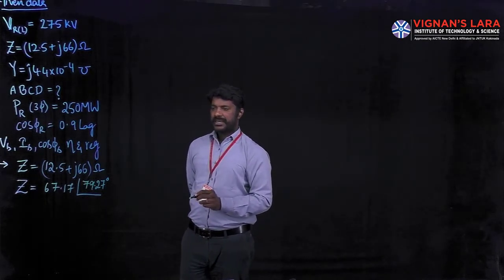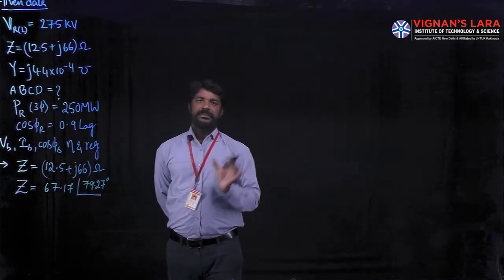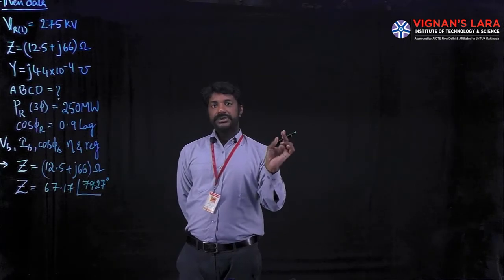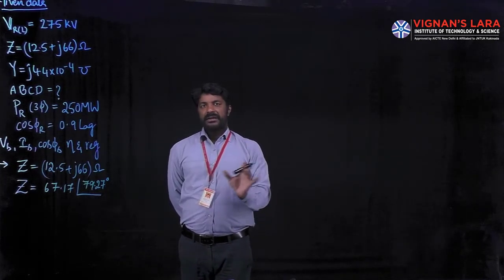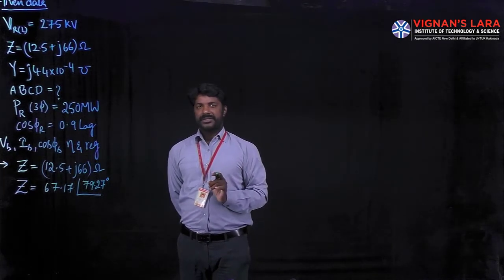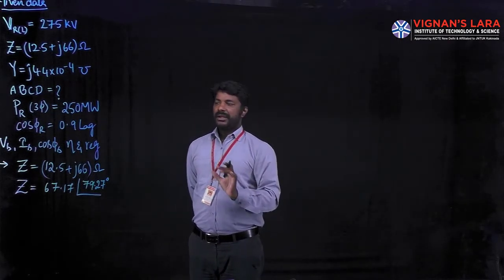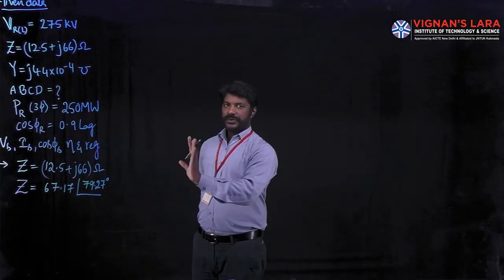You may ask me here, since it is a long transmission line, it should be of distributed parameters. Of course, they are distributed parameters. Those distributed parameters are obtained here in the format of gamma L, where gamma is the propagation constant. Since we are taking that gamma L concept into consideration, by default these values are named as distributed, right?